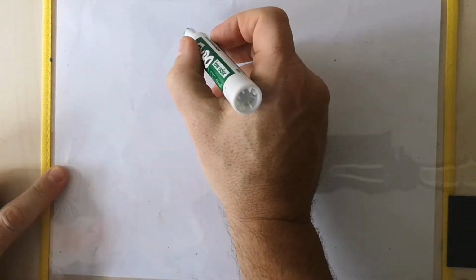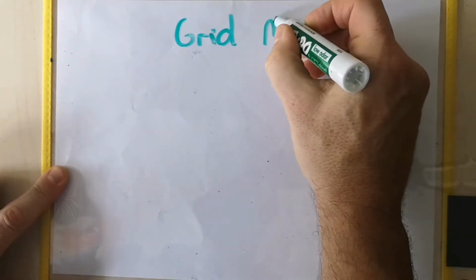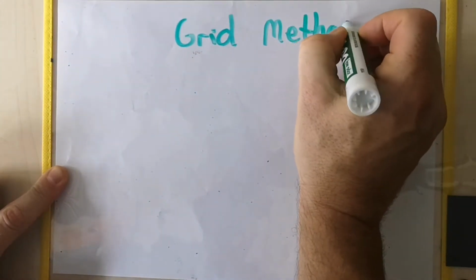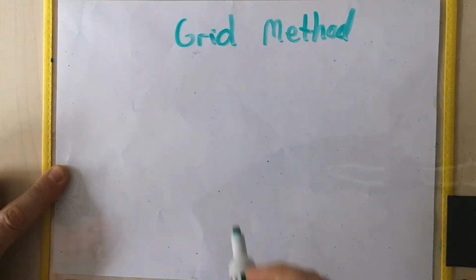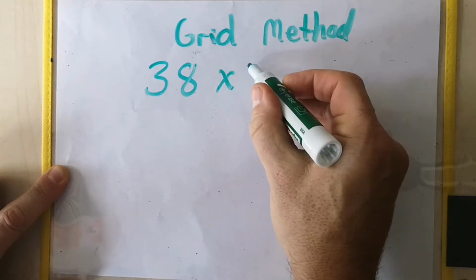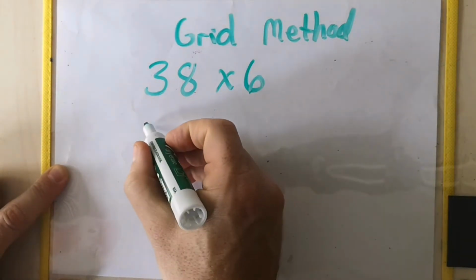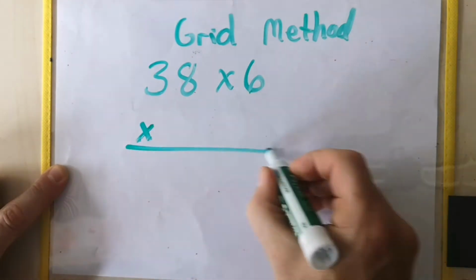Okay, this is just a quick demonstration about how we are going to use the multiplication strategy called the grid method. Alright, the grid method is we're going to take two numbers. I'll say 38 times 6 here. So what we are going to do with this grid method is we are going to create a grid that